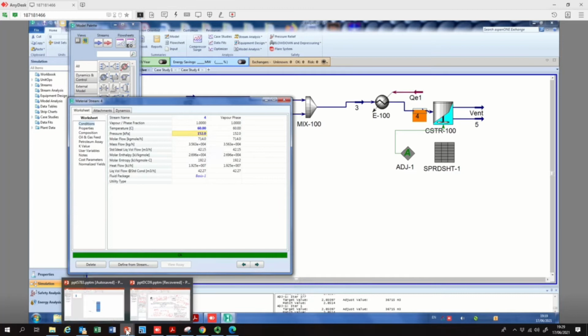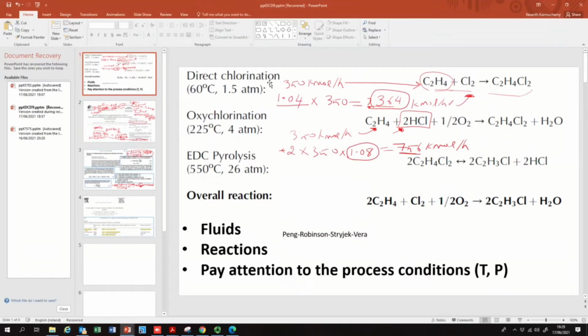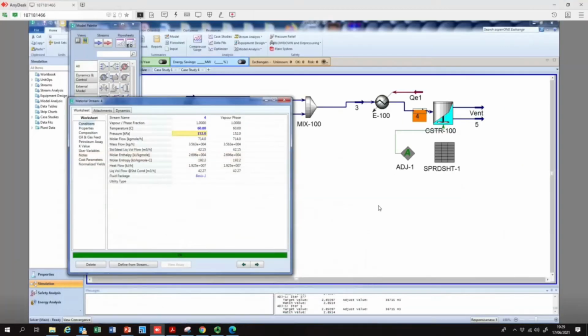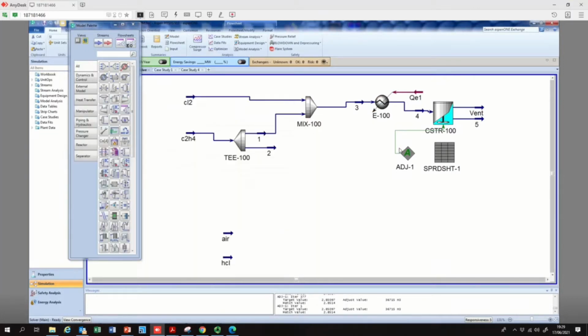And if you go back to our PowerPoint, first slide, that's the condition, low temperature chlorination conditions, and then we took this particular paper and we followed some rate constants given in this particular manuscript, and we believed that this is going to solve our problem. But what I see from the results, the fluid properties say that your ethylene dichloride should be liquid at this particular temperature and pressure, 60 degrees and 1.5 atmosphere. So you are expected to see,